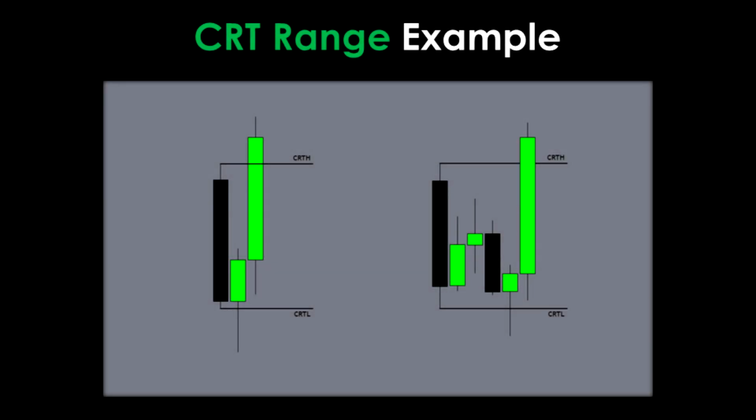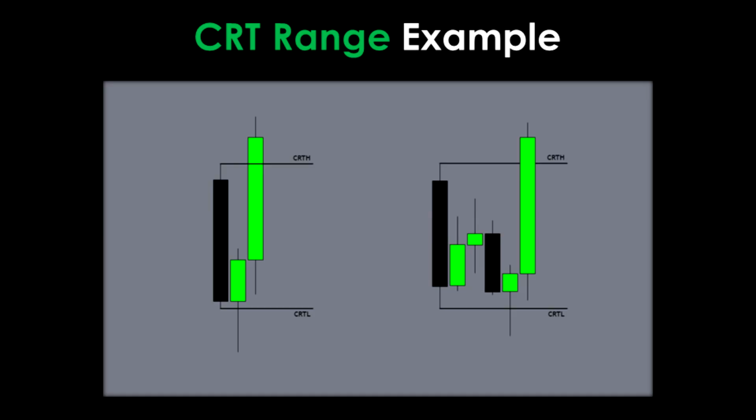Second up, we have CRT ranges, which come in two forms: the 3-candle CRT and the inside bar CRT. I covered these extensively in a previous video if you'd like to dive deeper. Also, I have a full 30-page in-depth thread on my Twitter. It's my pinned tweet. So briefly, the 3-candle CRT involves the first candle setting the range, the second candle representing